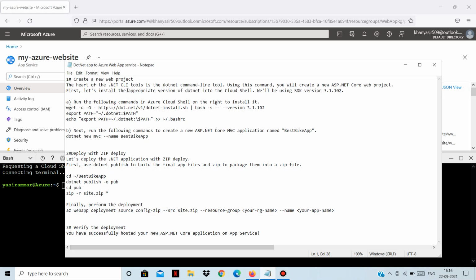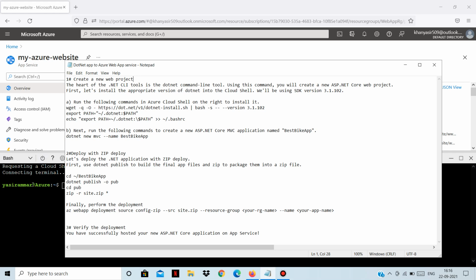So the heart of the .NET CLI tools is the .NET command line tool. So we will make use of this .NET command line tool to actually create our .NET based web application. So using this command, you will create a new ASP.NET Core web project. So first, let's install the appropriate version of .NET into the Cloud Shell.